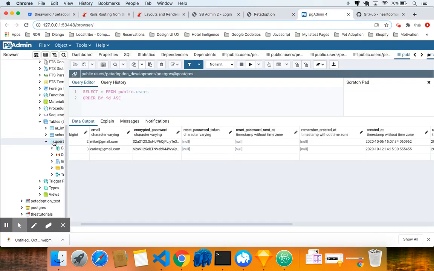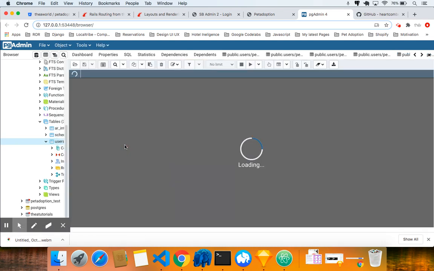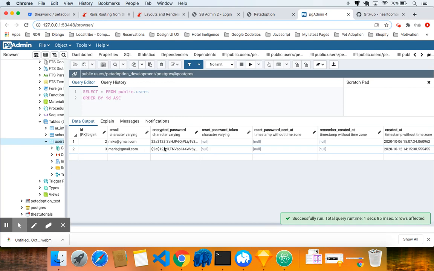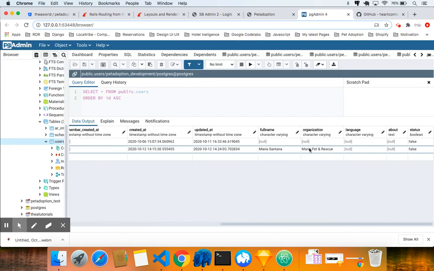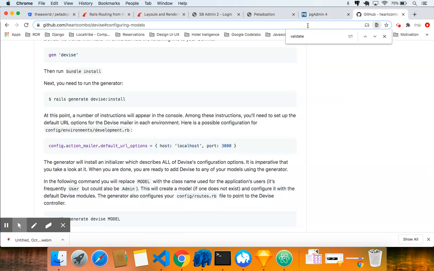Come back to our database and view all rows. You're gonna notice that it's not Carlos anymore. It's Maria. Okay, so it's definitely Maria. And then we got Maria Santana, Maria Pet Rescue. Status is false, and then we have the about. Of course, we can add the about. You know, we can just come over here and type in